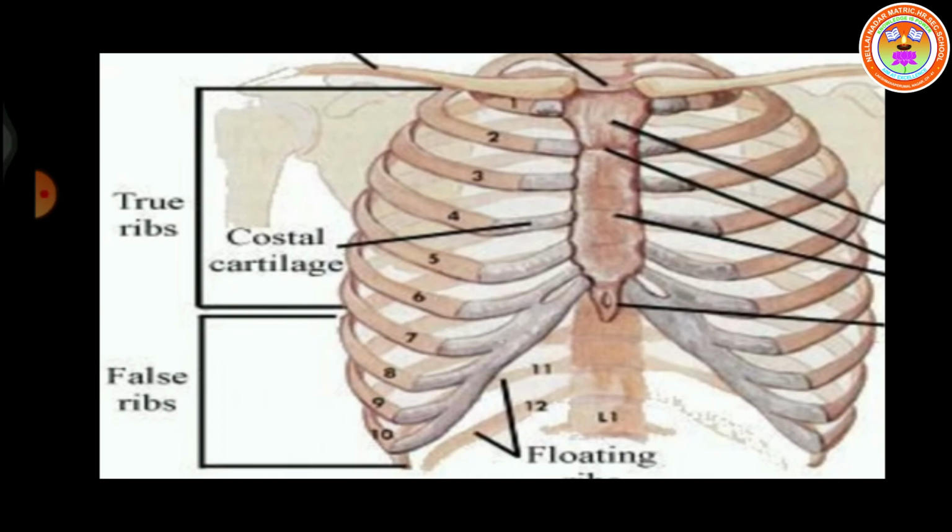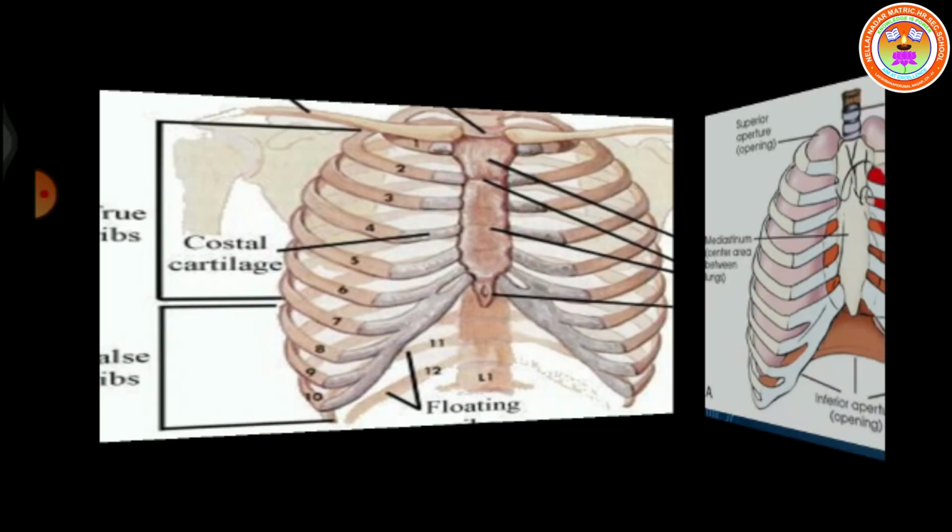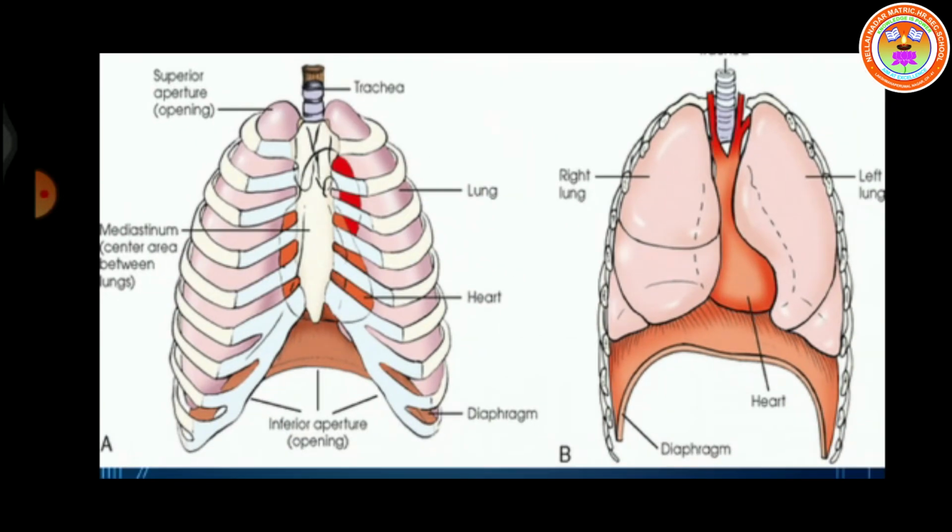Okay, you can see here the 2 bones are not attached in the front, they are attached only at the back. They are called free floating ribs. The rib cage is set up in such a way that it can contract and expand during the process of breathing. The rib cage protects the underlying lungs, heart, and some part of the liver. You know that the rib cage is protecting very important internal organs, that is heart, lungs, and some areas of the liver. Got it?